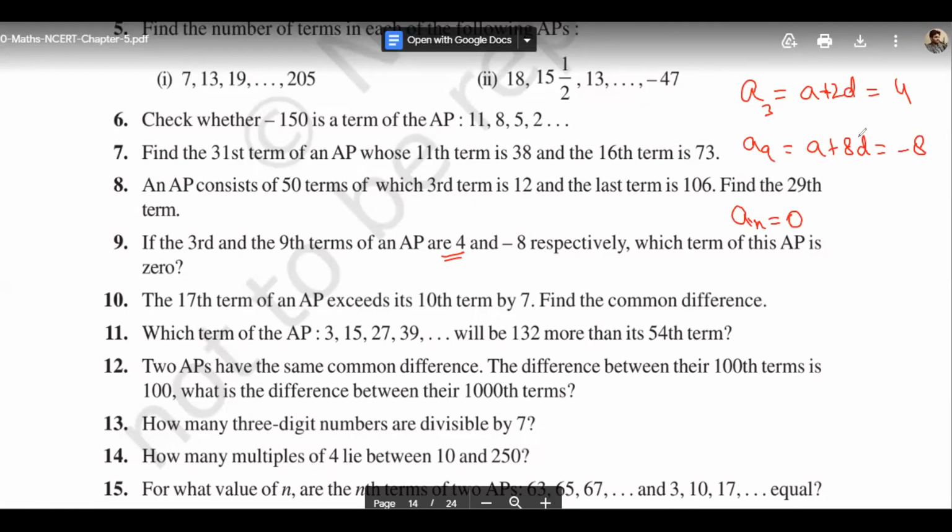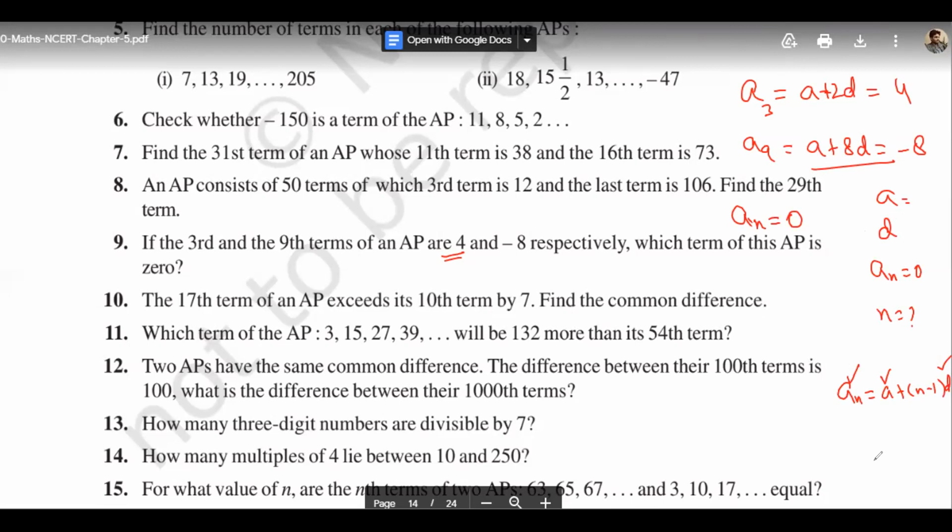आप a और d की वैल्यू कैलकुलेट कर लेंगे फिर से ये दोनों इक्वेशन यूज करके, और जब आप a और d की वैल्यू कैलकुलेट कर लेंगे, तो फिर आपको an पता है 0 है, तो n की वैल्यू आप इजीली कैलकुलेट कर सकते हैं, an इज इक्वल टू a प्लस n माइनस 1 इंटू d यूज करके. ये आपको पता है ये 0 है, d भी आप कैलकुलेट कर चुके होंगे, n आपको निकालना है, आप निकाल देंगे. सो आगे मूव करें, समझ में आया?